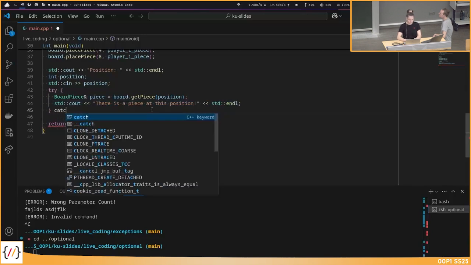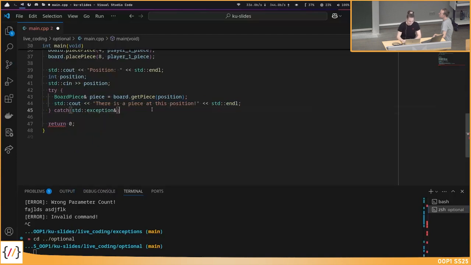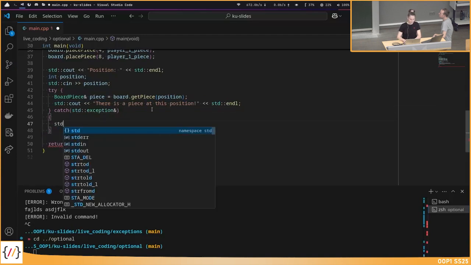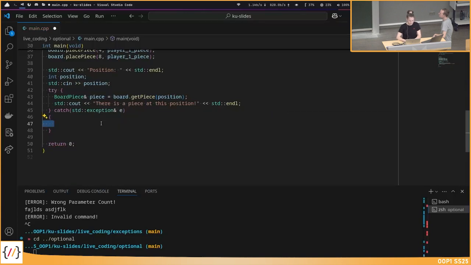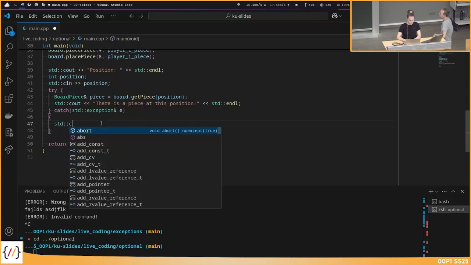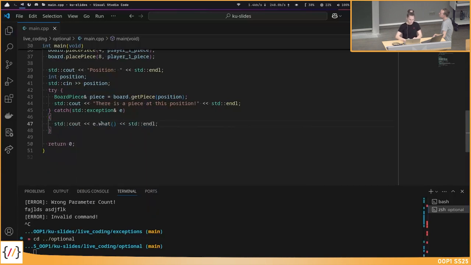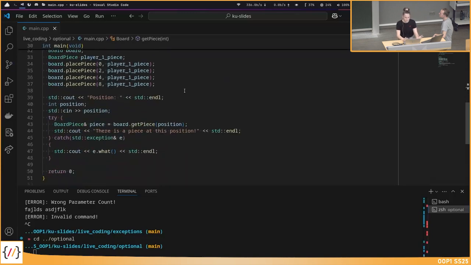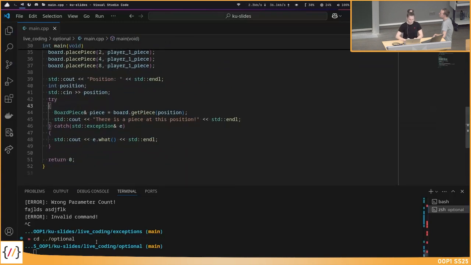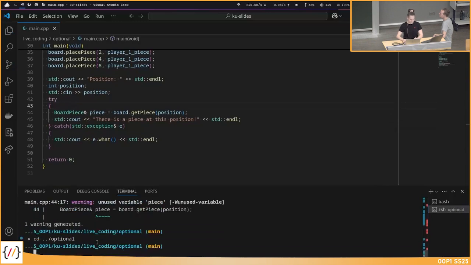And then let's catch this exception. And if we get an exception, I think, yeah, I actually wrote something there, so I can just print what I wrote in the runtime error. So this is just some basic stuff, as we've seen before with exceptions. We throw one, we catch it. Let's try running it.